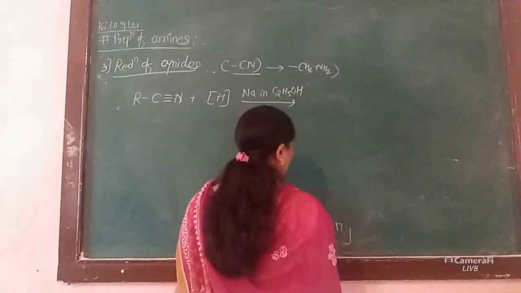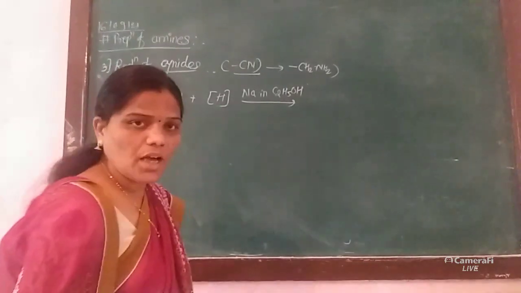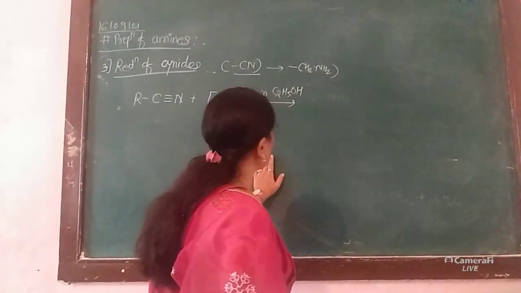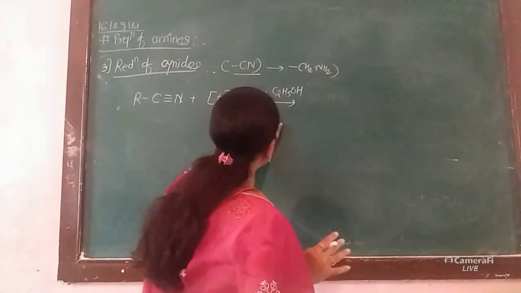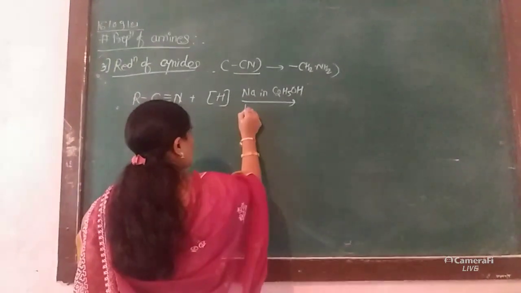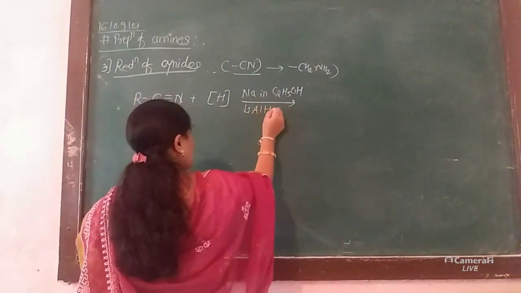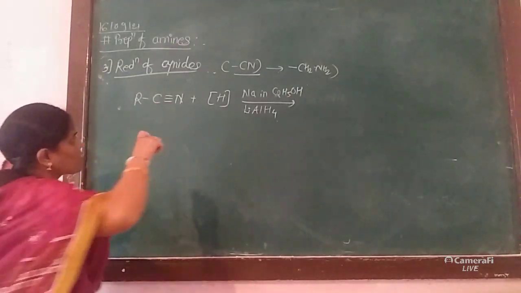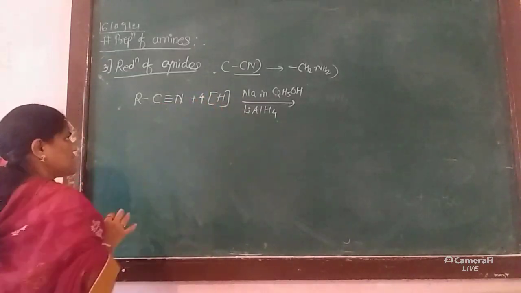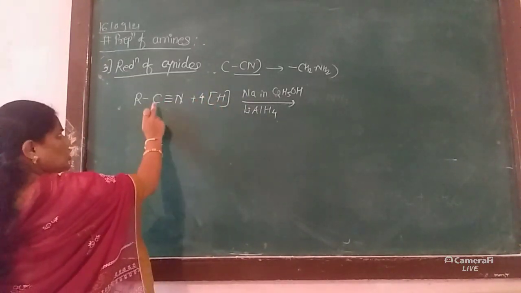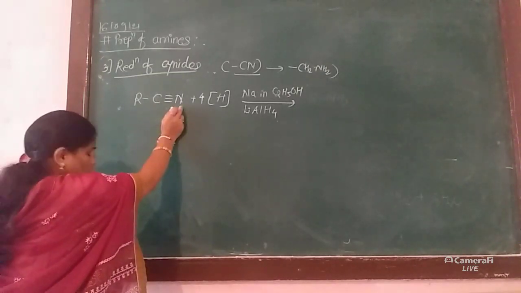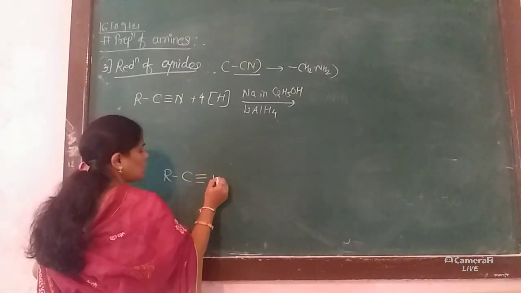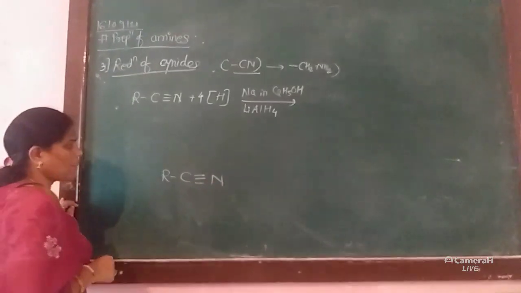So again when the metal reacts with the alcohol, it produces hydrogen, that is nascent hydrogen. This is a very simple reaction. In the presence of sodium in alcohol, it produces nascent hydrogen, or here we also use the most important, famous reducing agent, LiAlH4, lithium aluminum hydride. Okay, so when four molecules of nascent hydrogen react with the alkyl cyanide, two hydrogens go to the carbon and two hydrogens to the nitrogen. What will happen? It is a very simple reaction, simply an addition type of reaction.